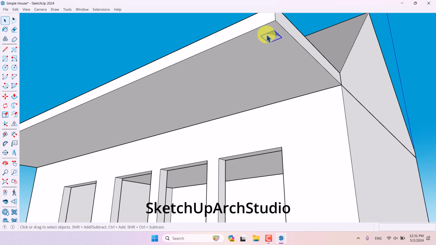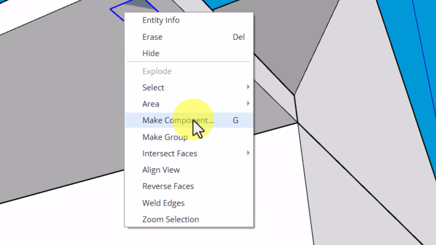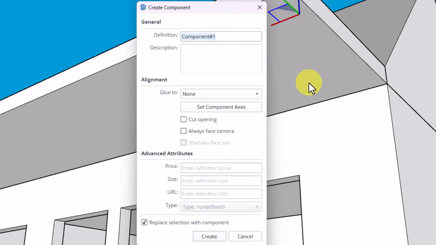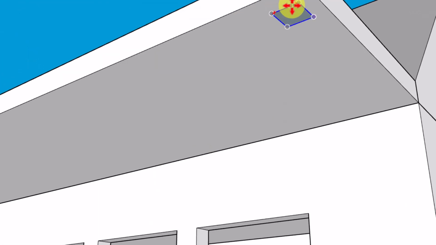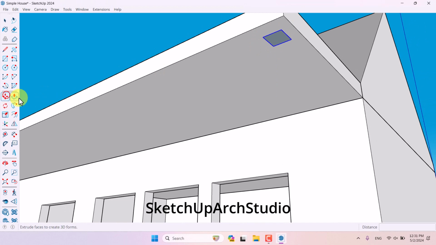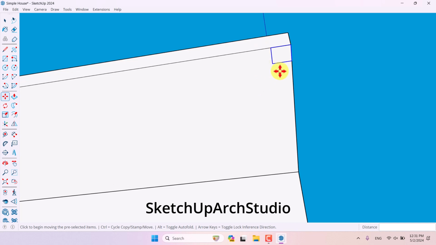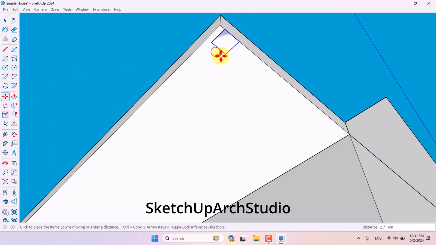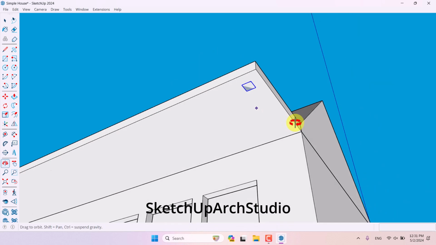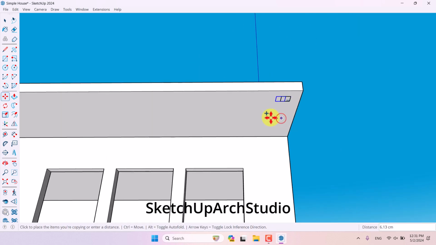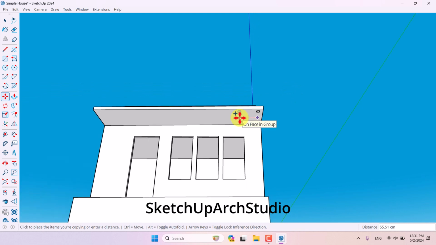Left click on it, select it, right click, and this time I want to create components. So I'm going to click on the make component create option in here, and I want to click on the move, select it, move it to this place. So I need some distance from this edge about 10 centimeter and another one about 10 centimeters. So I will take some copies in different dimensions. It's not really important. For example, in 60 centimeter, and I want to take 6 copies or maybe 7 copies,